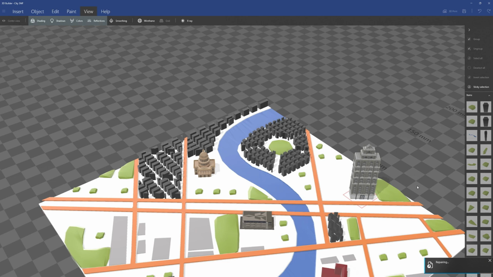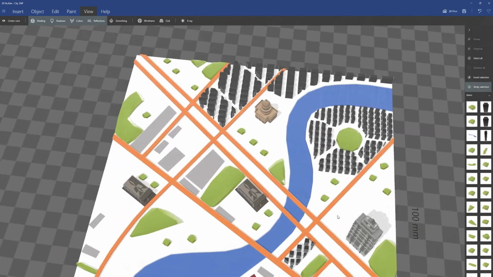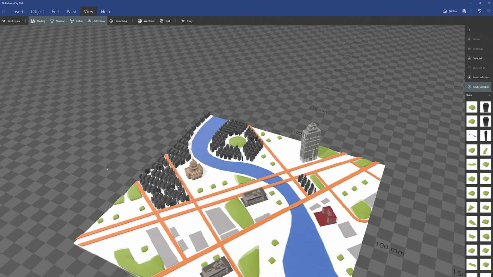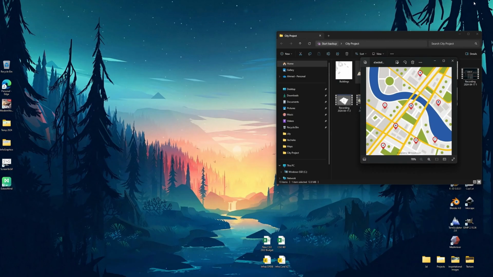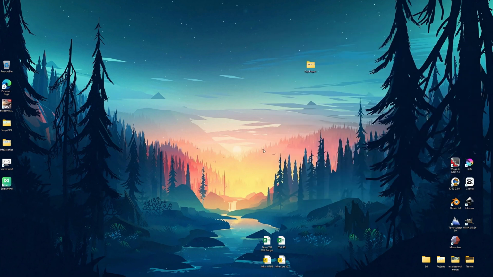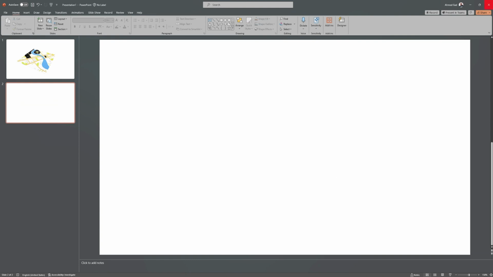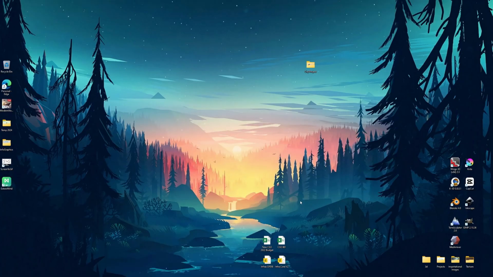I think a preparing process that doesn't take any time. It's a very fast process that makes sure the building doesn't have any problem in terms of the 3D component or the 3D meshes and whatever relates to the 3D model itself. Here I saved the file already, and I'm going to insert it in the PowerPoint once again and